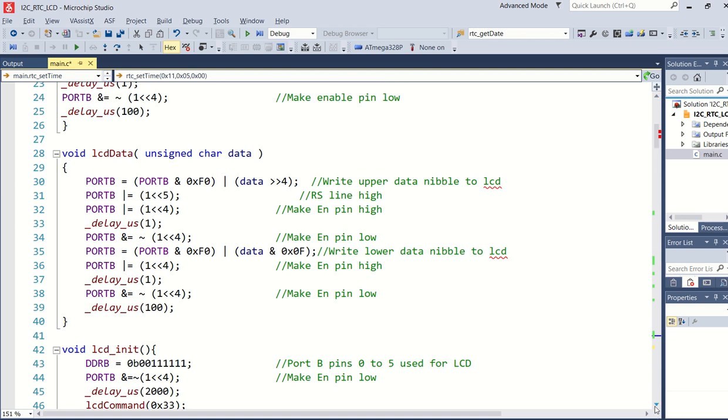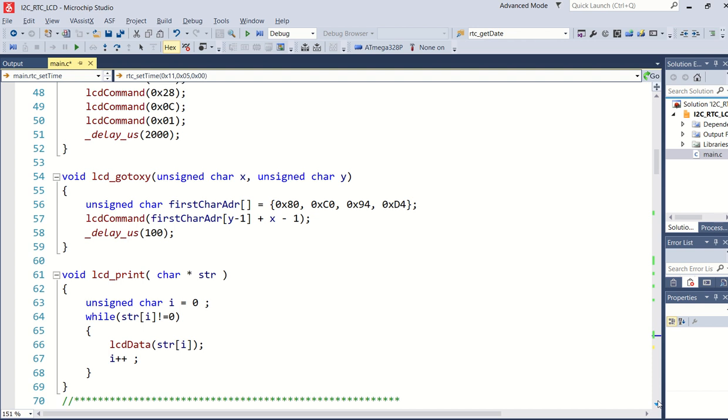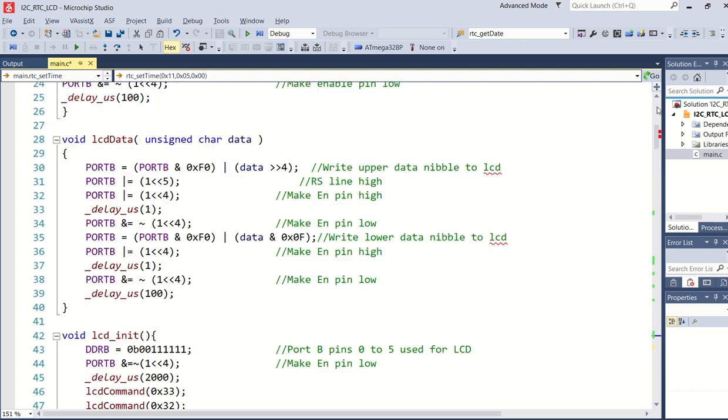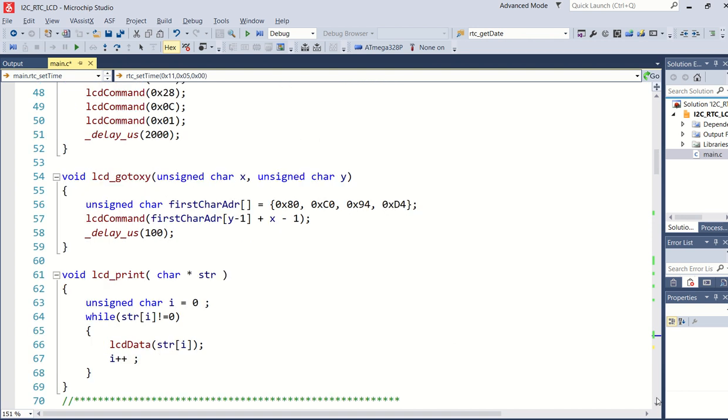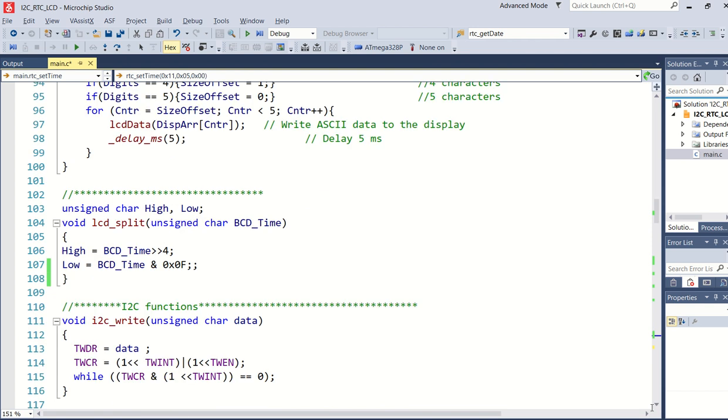It's now clear. Down to line number 46 is also clear. 47 to 69 is clear. 48 to 70 is clear. 71 to 93 is clear.